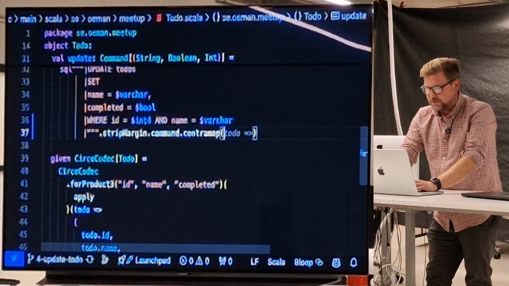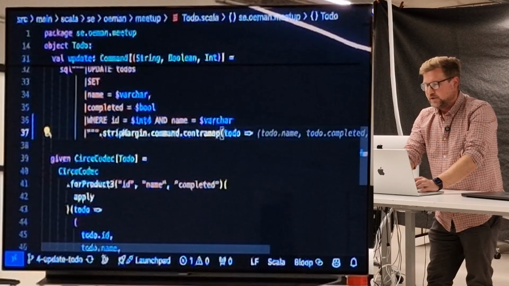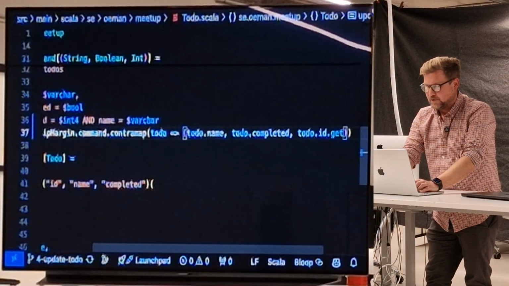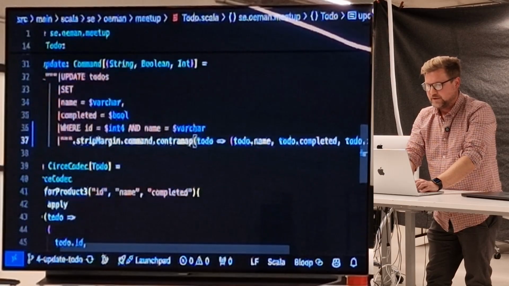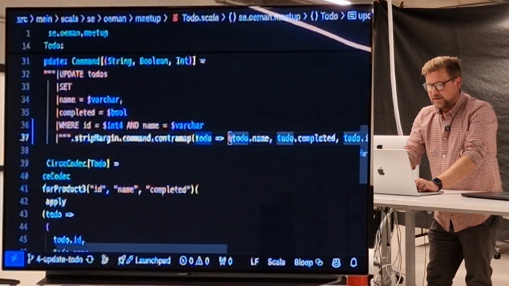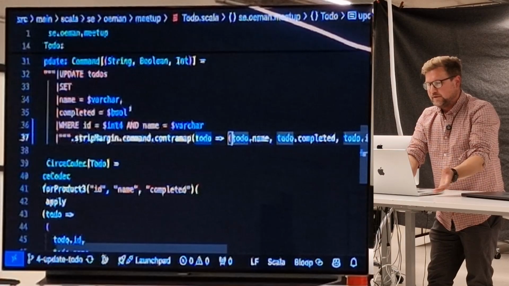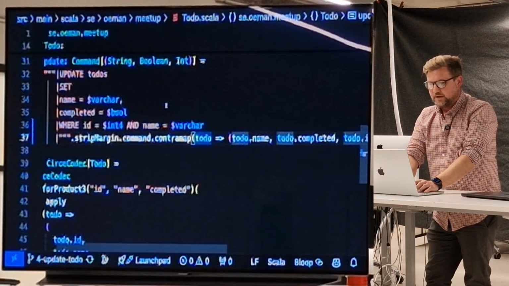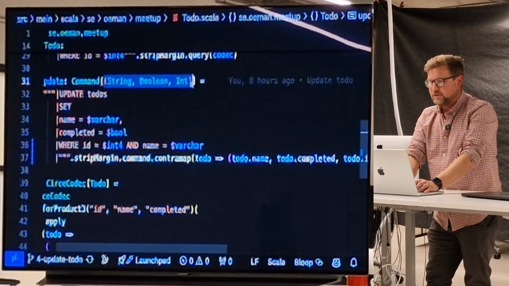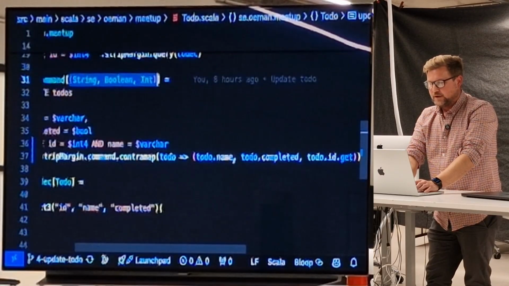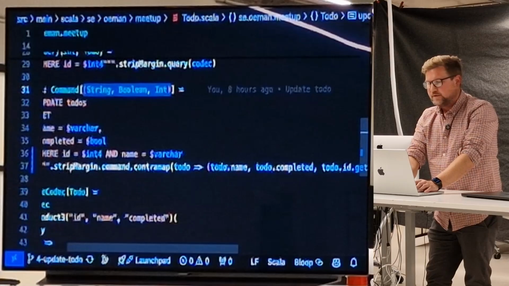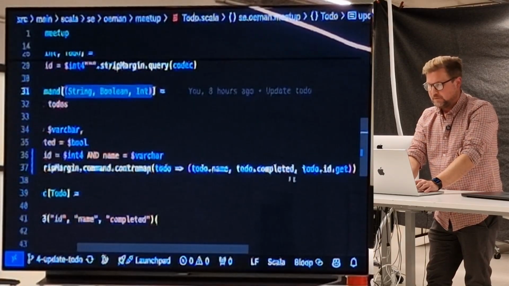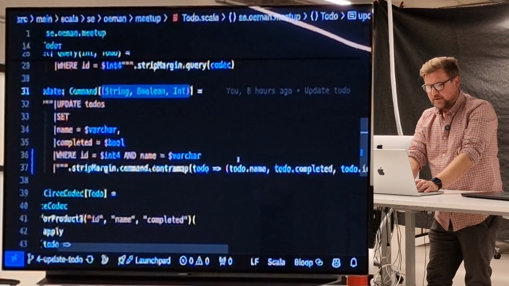If we get the to-do, for example, and then you need to specify, like it suggests, almost, because now no, that's not right. But if you do this and you need to use the name twice and you get the to-do in here, then it would be a command with to-do here instead. Then you still need to put in a tuple, so it will be name, completed, ID, and